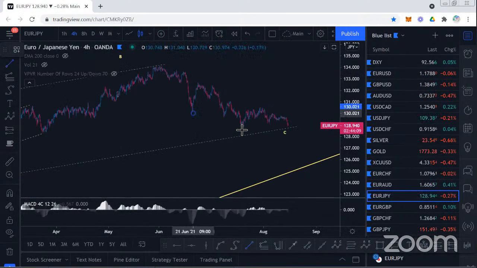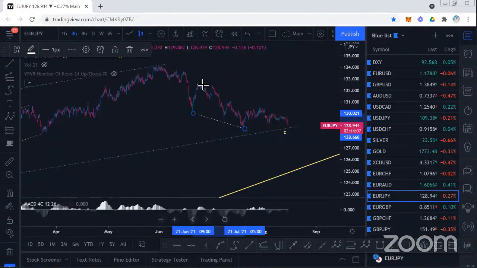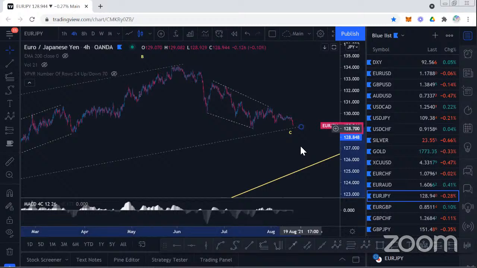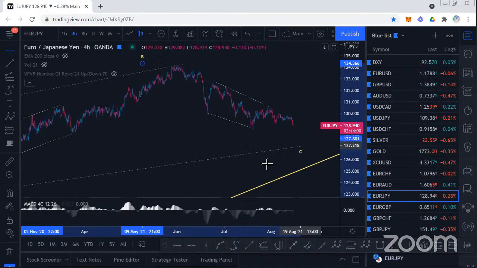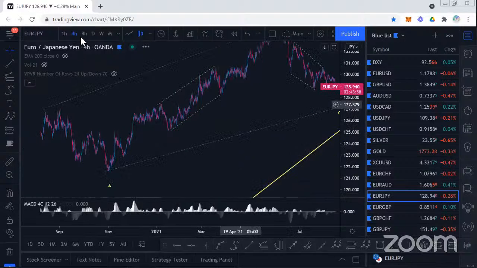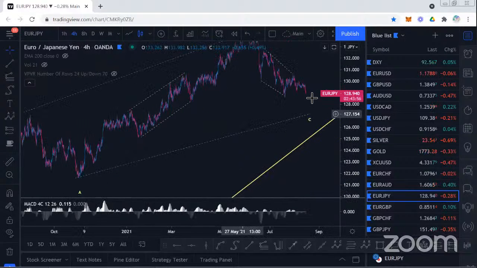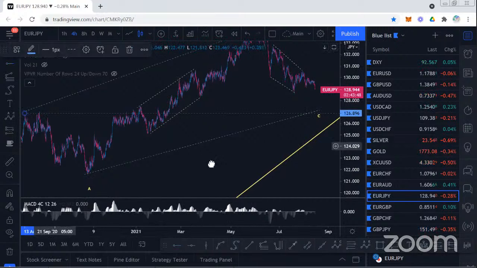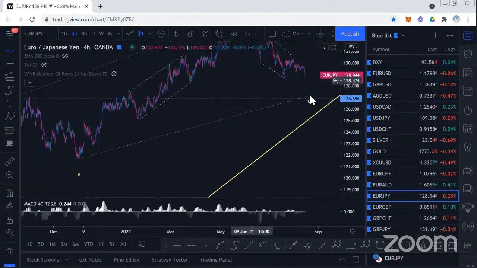It looks like maybe what we saw here was a little bit of a structure. So you might see some pretty decent downside here first before we get our C wave turn to the upside. But structurally speaking, it looks really good to me. And we should see some upside from around about 128, maybe 127, somewhere in this region actually. So you can see how we're going to accelerate to the downside first, down towards this 127 region, and then we should turn to the upside from there.